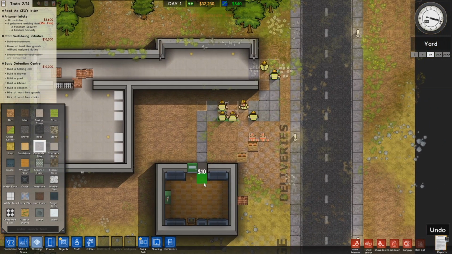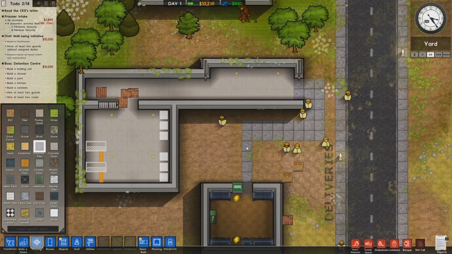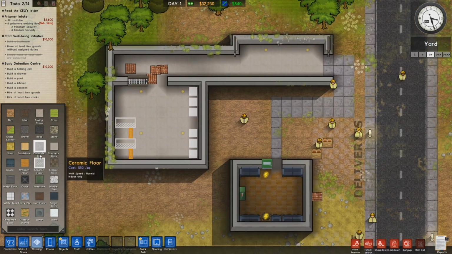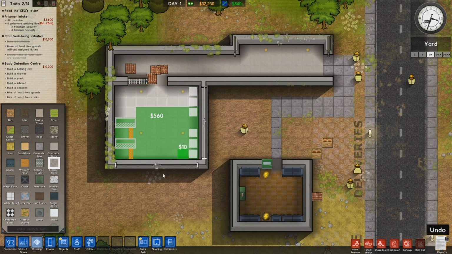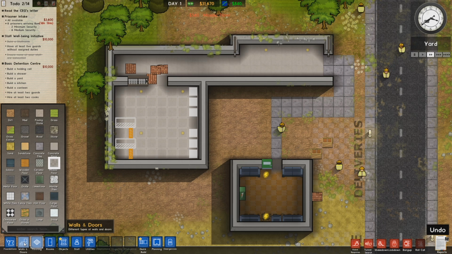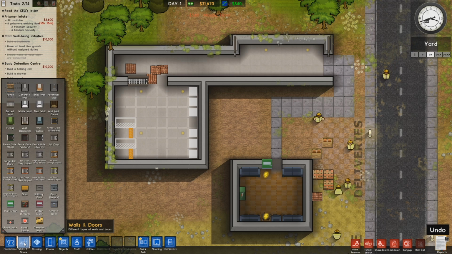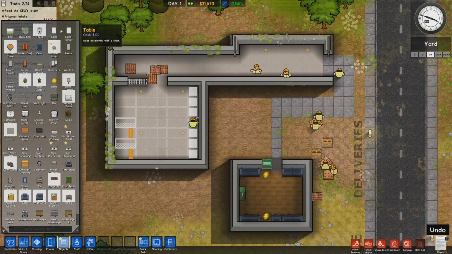Put some concrete tiles there to get to the staff room so we can help out our people. I kind of like the mosaic floor for many of this stuff here. I just think it fits really well. Okay, so let's go ahead and...